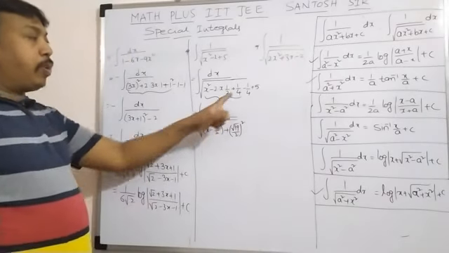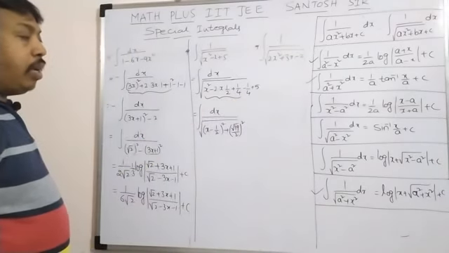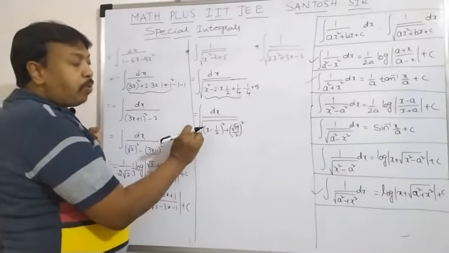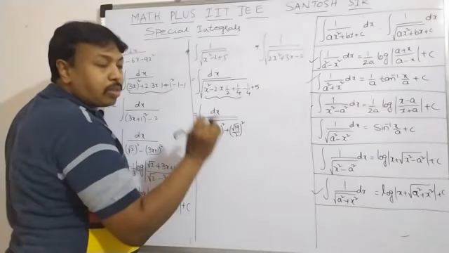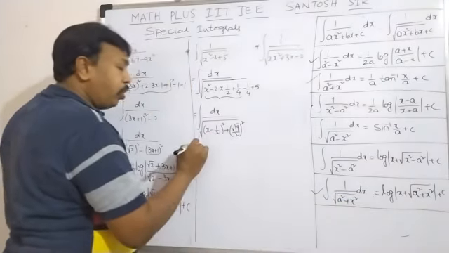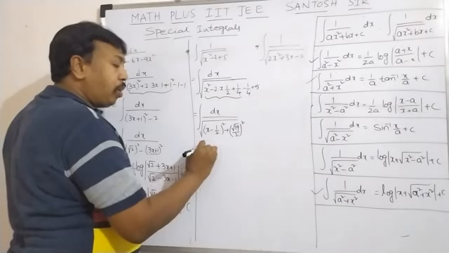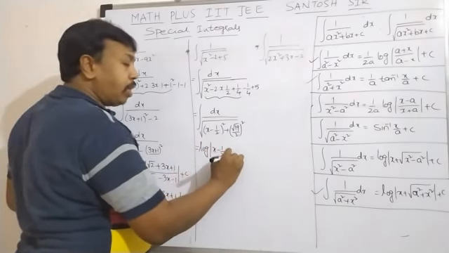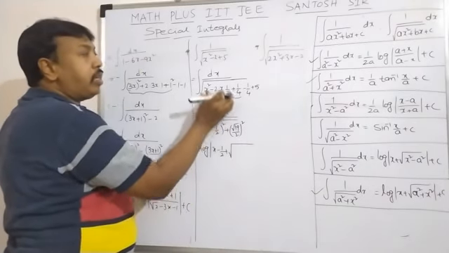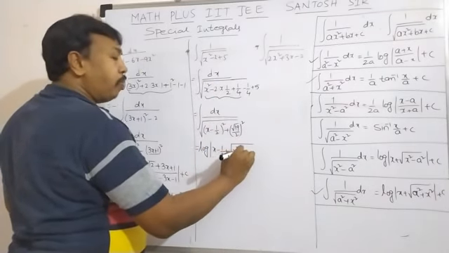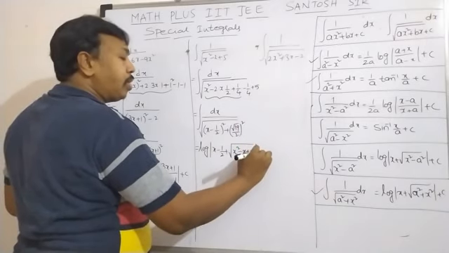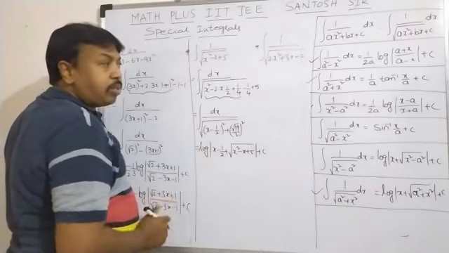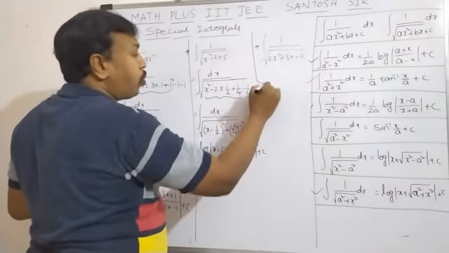If I take LCM, this becomes 20 minus 1, that is 19, root 19 upon 2 whole square. Now this is in the form of 1 upon root x square plus a square. See, same formula. So it becomes log mod x, that is x minus 1 by 2 plus under root of this entire thing, that is x square minus x plus 5 plus c. If you want to take LCM also you can take, but I am simplifying, I am keeping it as it is. Now let us see one more question.